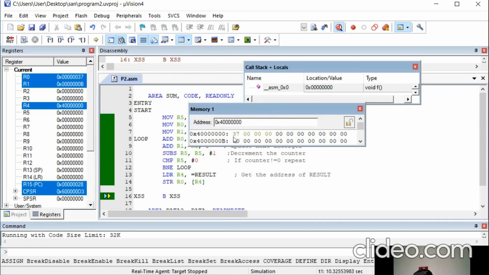The least significant byte is stored first here. The next bytes are all 00, stored in reverse order. So 37 is the number. There are 4 bytes because the data is 32 bits here, so it is stored in terms of 4 bytes. The least byte is 37. Okay, so this is the program executed.